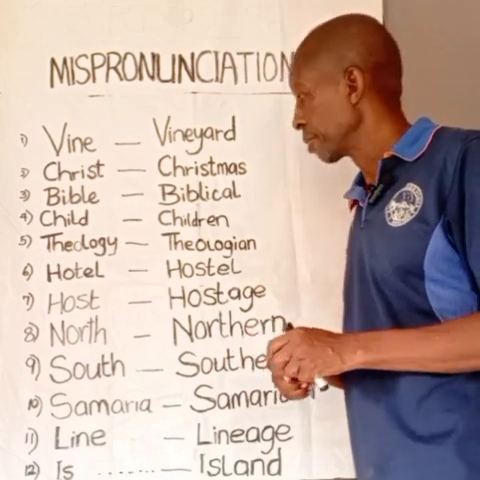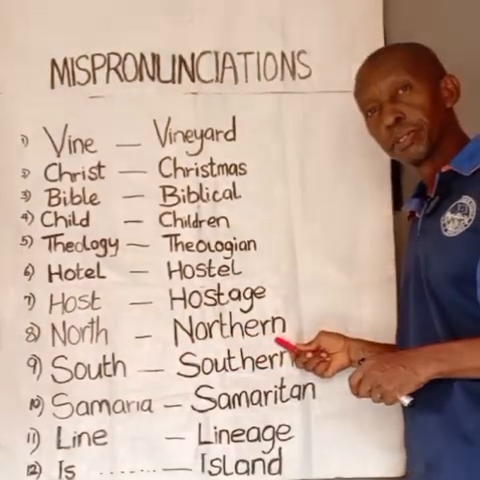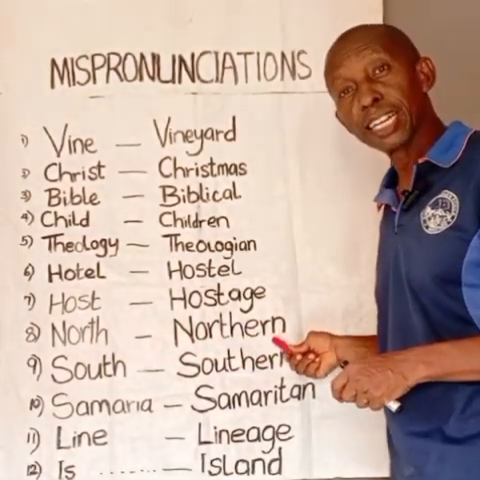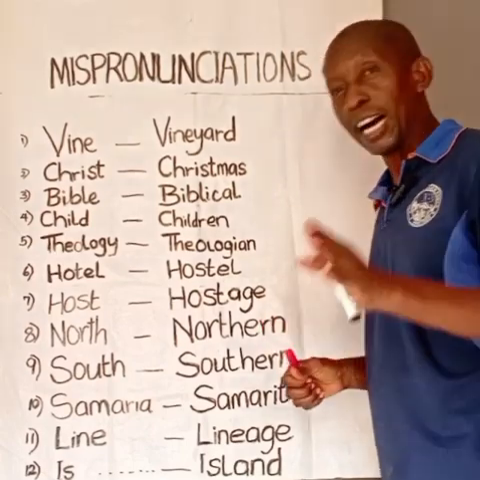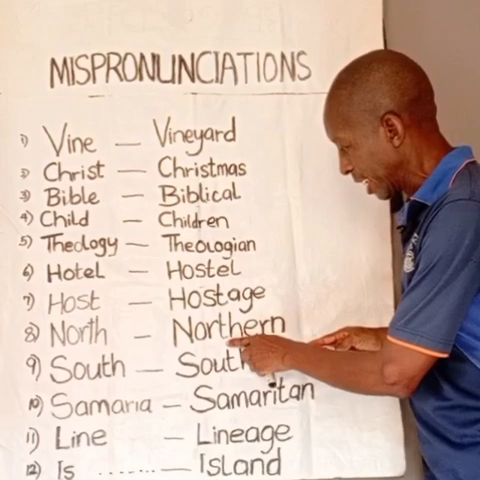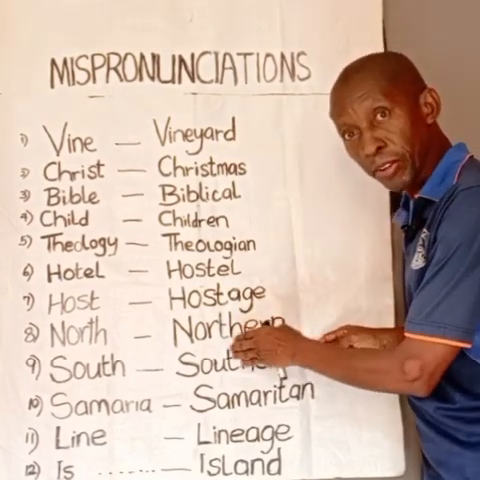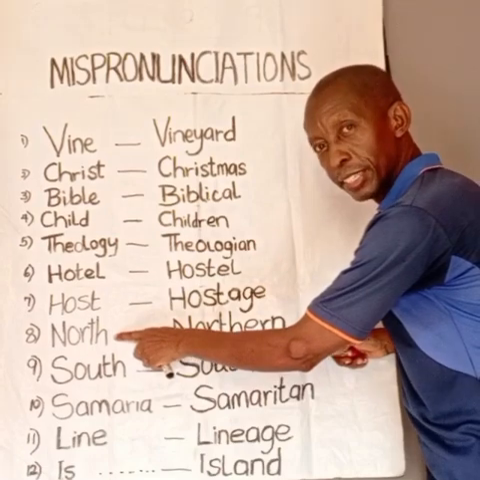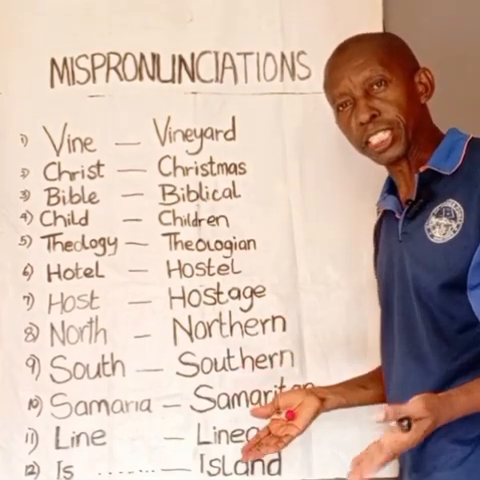North. Okay, you can read this. What do you say? Northern? No, it is not northern. I understand your mistake. Your mistake occurs here. This T makes a different sound from this. They are not the same. There are two different qualities.